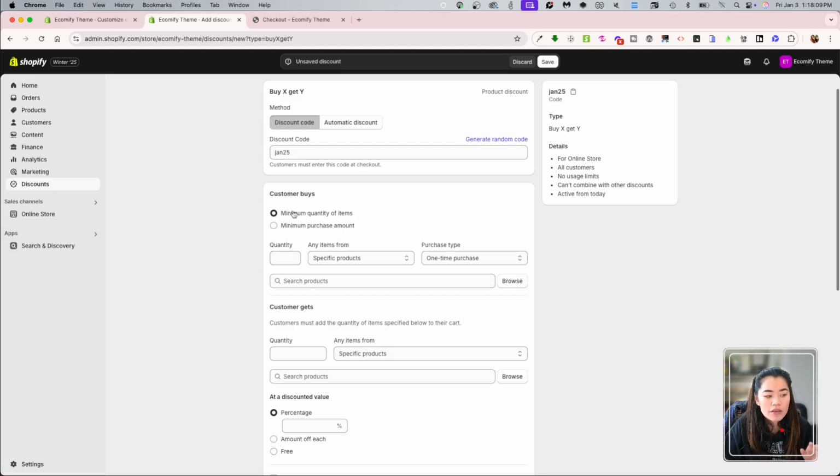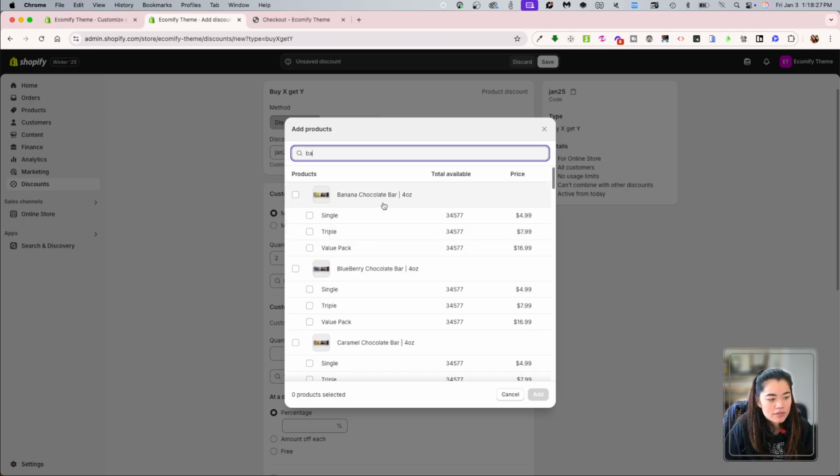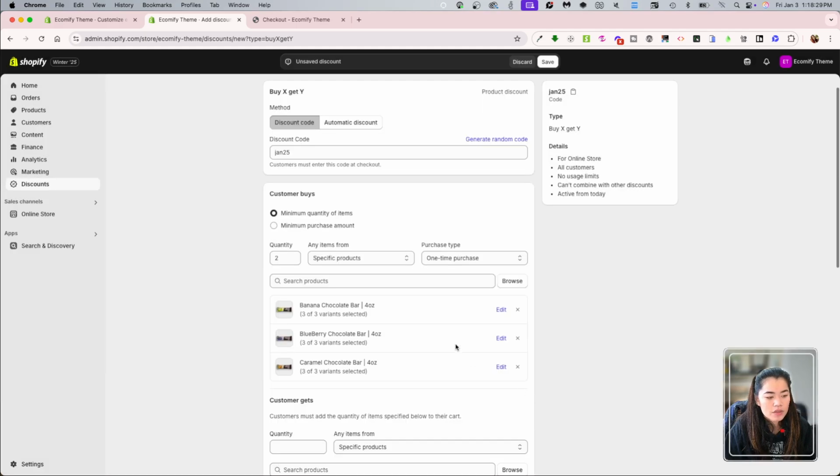As of right now. So if a customer buys, let's say 2 of these specific products, you can also again do it based on collections, but if they do it based on specific products, one time I'm going to select my handy dandy. You can start typing in my banana, blueberry, and caramel. If a customer buys 2 of either of these 3 products. Now note that it's not going to work if it's going to be other products. It has to be what you set here that is in cart for the customer. So if the customer buys a minimum